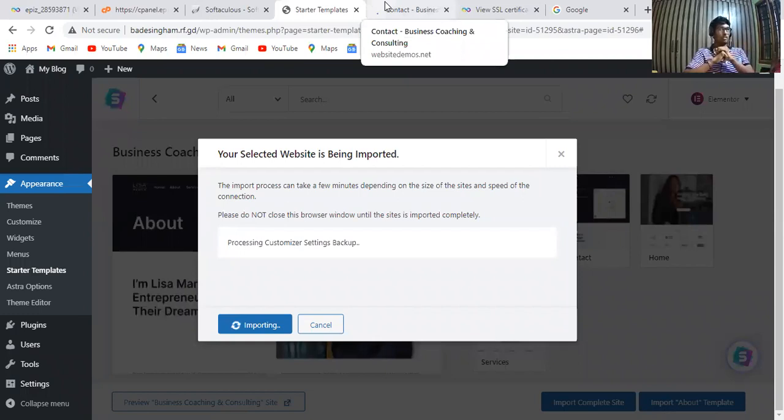I'm going to change all those things in this theme. There is no need to go to the plugins and install Elementor, because I have already installed the Astra theme and I have already selected Elementor.